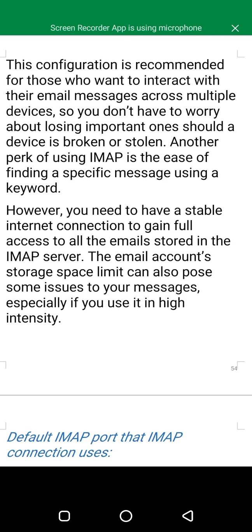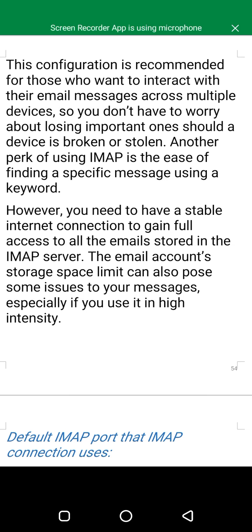However, you need to have a stable internet connection to gain full access to all the emails stored in the IMAP server. So this only works over the internet. The email account's storage space limit can also pose some issues to your messages, especially if you use it in high intensity.